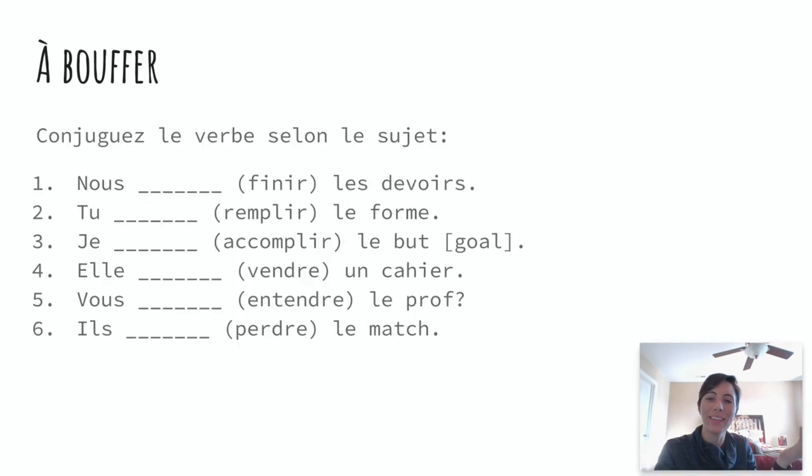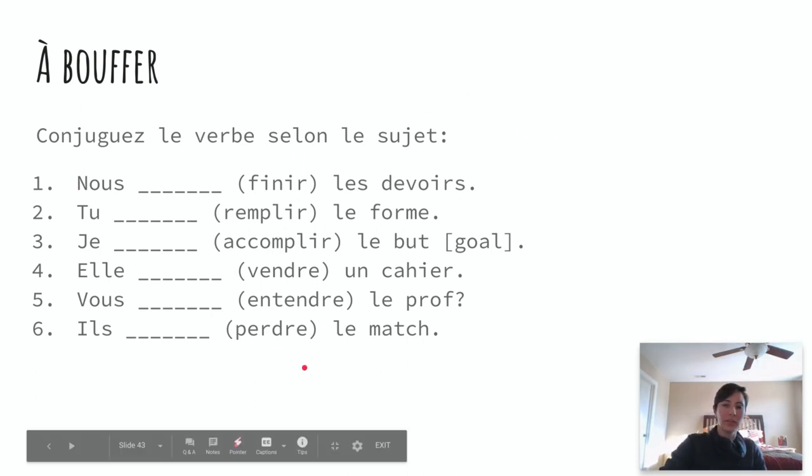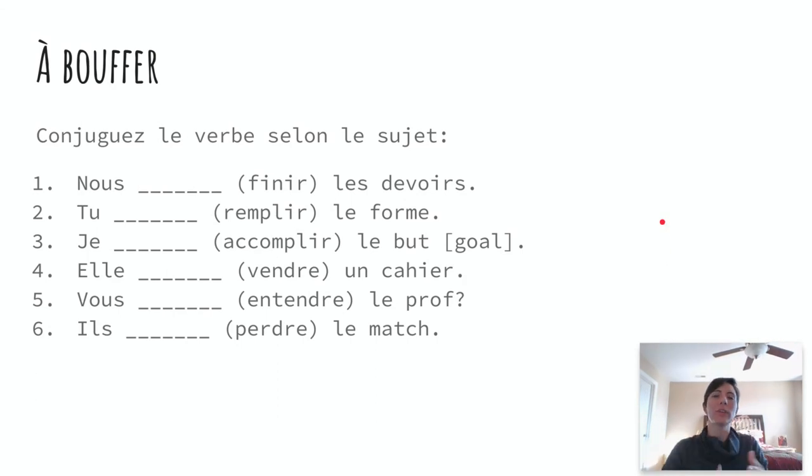Pretty easy. Now for the à vous de jouer, to digest what you're doing, you are going to conjugate these 6 verbs using the new endings. And remember, with conjugating, we're doing this because we want to make the verb, what you're saying, make sense with the subject. You can't say I to eat. Instead, you want to say I eat. It's the same thing. Here, if we said nous finir, it would be